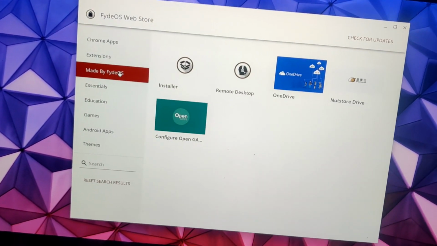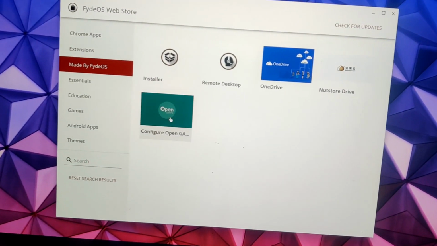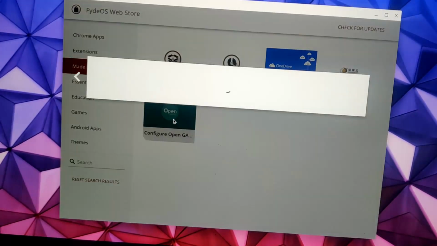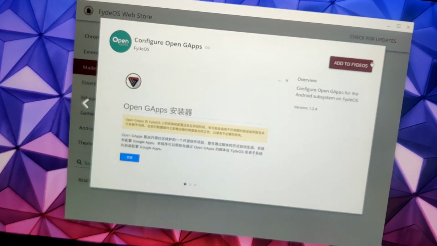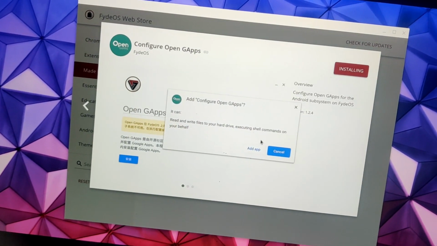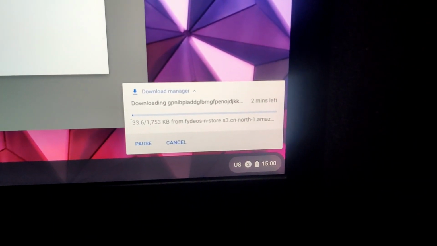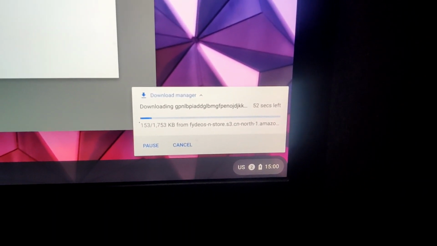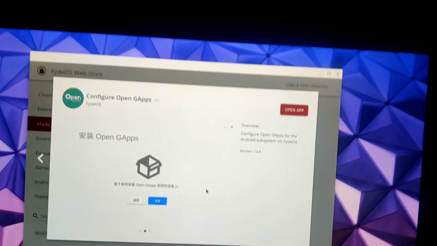Just click on that. Okay, once you click on that, click on configure open apps. Click on that. Okay, once you click on that, click on add FydeOS. It says installing, add app, and just wait, and you'll see it's downloading. Okay, so wait until it gets downloaded and installed. It's not a big file actually, so